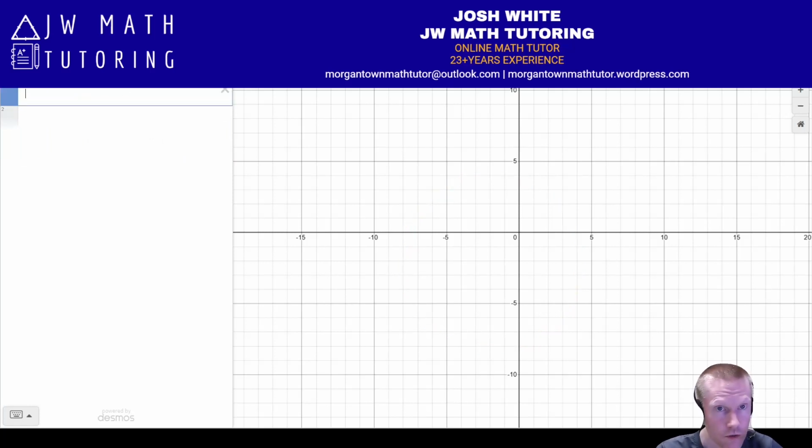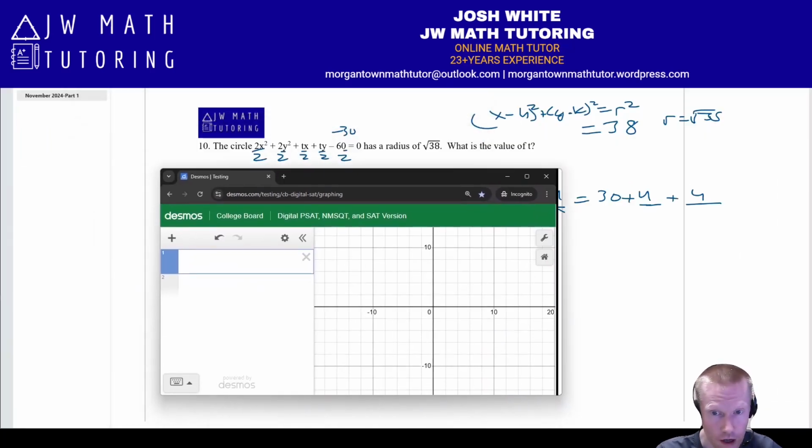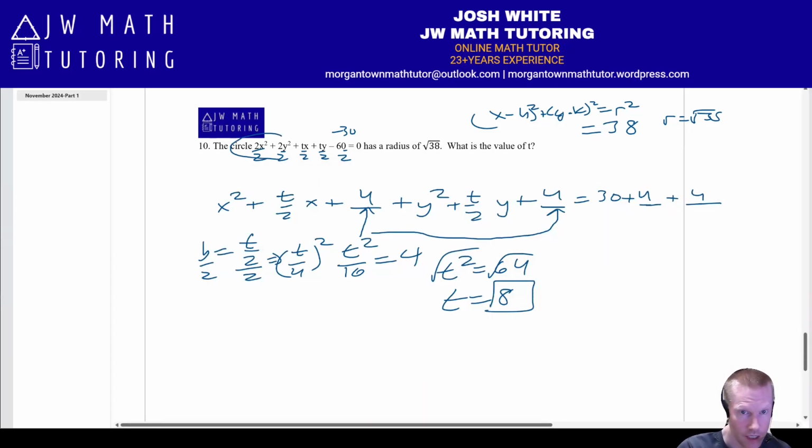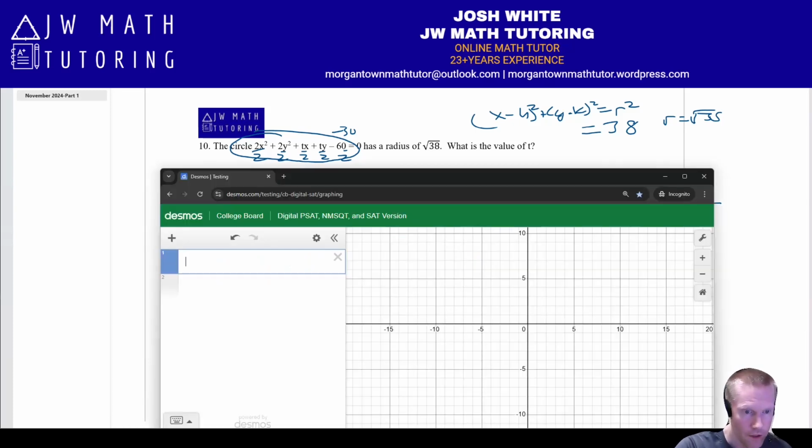Now, the way you could do this in Desmos requires a little bit of work or a little bit of knowledge. From my experimentation, you basically have to set the two equations equal to each other using regression. But the original expression that you're given here has to be divided by 2 first. So what I mean by that is if you just try to type this in,